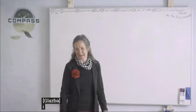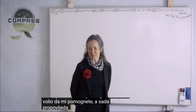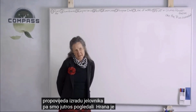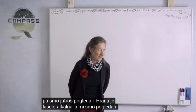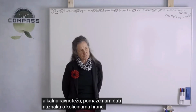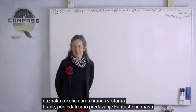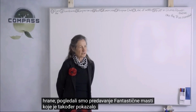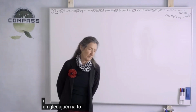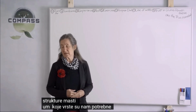And the lunch was an illustration of what I'd like you to help me with now, which is make menus. So this morning we had a look at foods, acid-alkaline, and we looked at how the acid-alkaline balance helps to give an indication of amounts and types of food. We looked at the fantastic fats lecture, which also showed different fats from the molecular structure of the fats, what types we need and how they're used by the